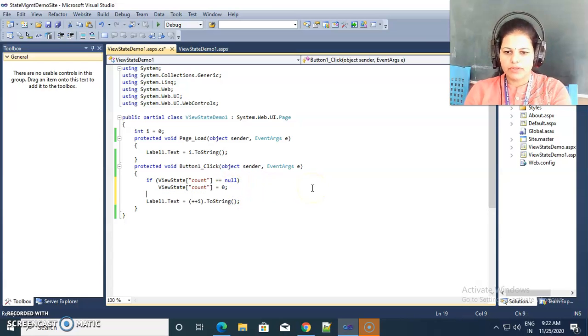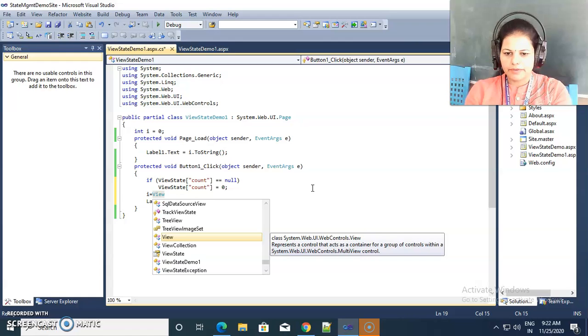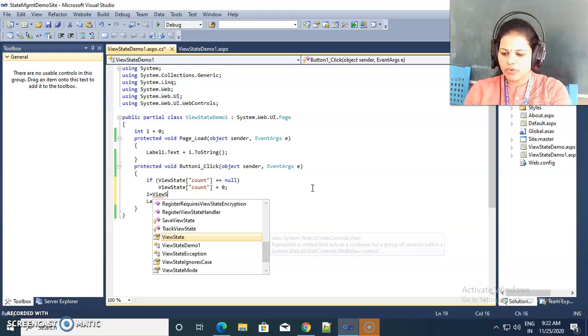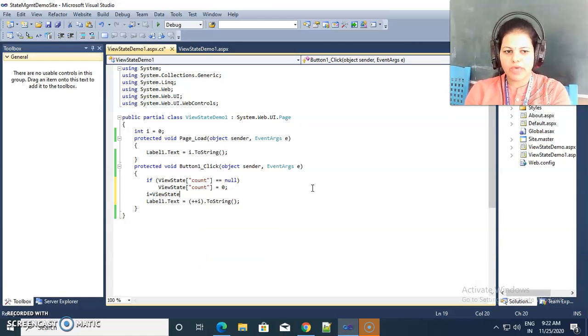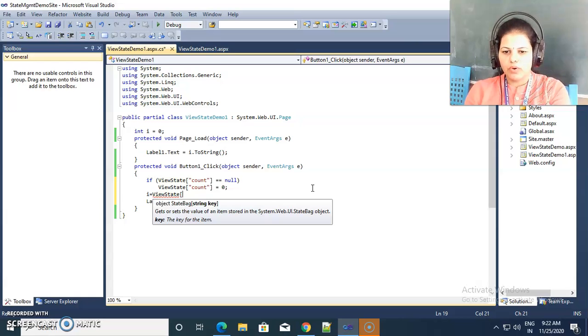So after that this code will be executed. I is equal to view state. We are storing the view state value, the previous value, the old value. The old value is maintained by using view state, so we are storing the old value which is stored inside count,